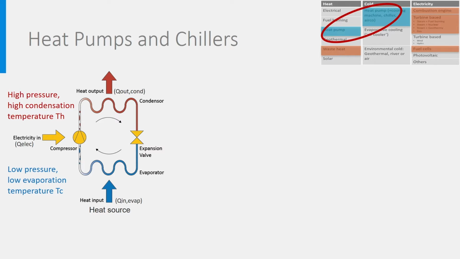After condensation, the liquid refrigerant is expanded back to the low pressure through the valve on the right. After complete evaporation in the evaporator, the compressor brings the vapor to a high pressure. To do so, electricity, Q elec, is needed to power the compressor, and the cycle goes on this way. When the cycle is optimized to produce heat at the condenser, we call it a heat pump. When the cycle is optimized to remove heat from the environment at the evaporator, we call it a chiller, or air conditioner, or a fridge.